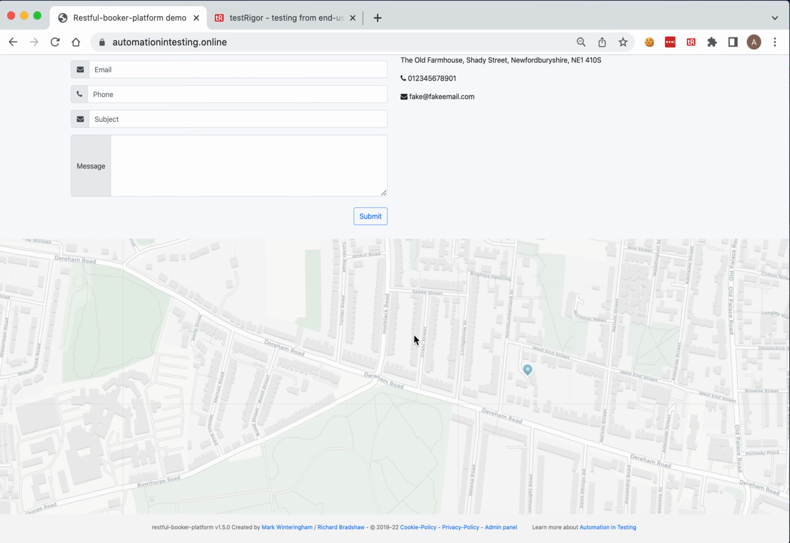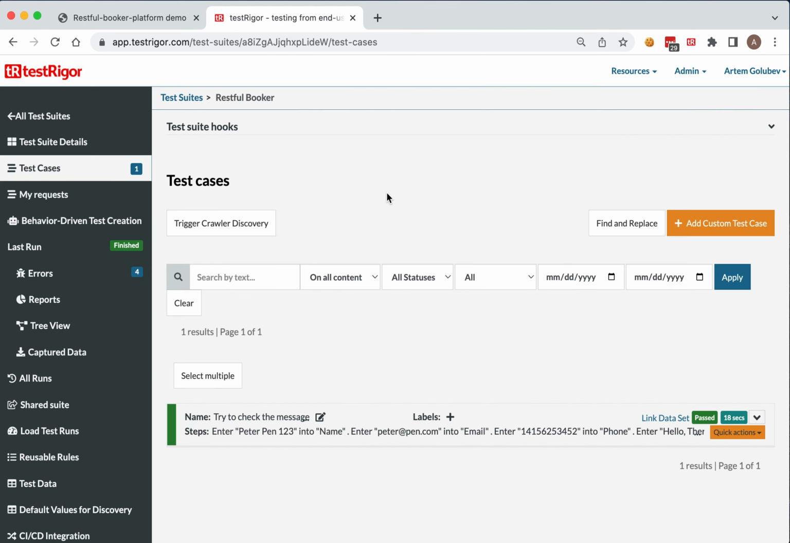So if you scroll down all the way to the bottom of the page, there is a map, and the goal is to be able to automate validating that this map still shows correct location. Alright, we already have the test suite from UI testing from last time, so we will just add a test